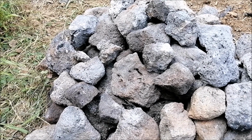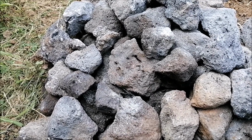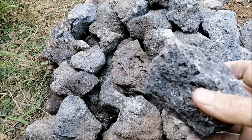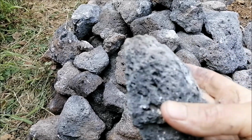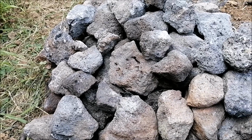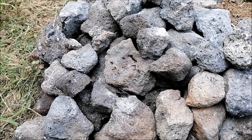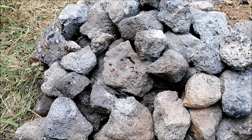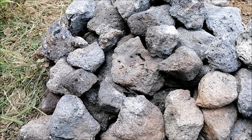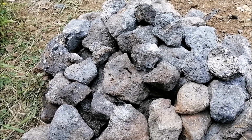We also use volcanic rocks, and these are the best because they have the best heat retention properties, and they don't split when they heat up. They don't explode, and so these volcanic rocks are quite important, not only in Māori but also Polynesian culture. I guess it's because of their kind of primal and ancient qualities, and we believe that they're actually imbued with a mauri, or kind of like a life force or energy,